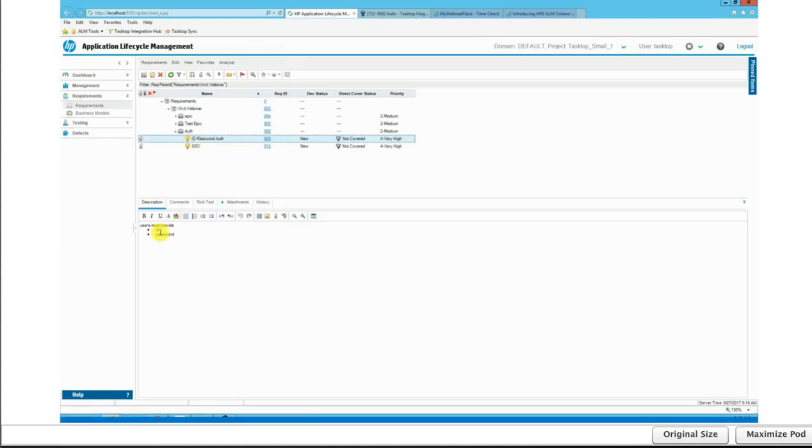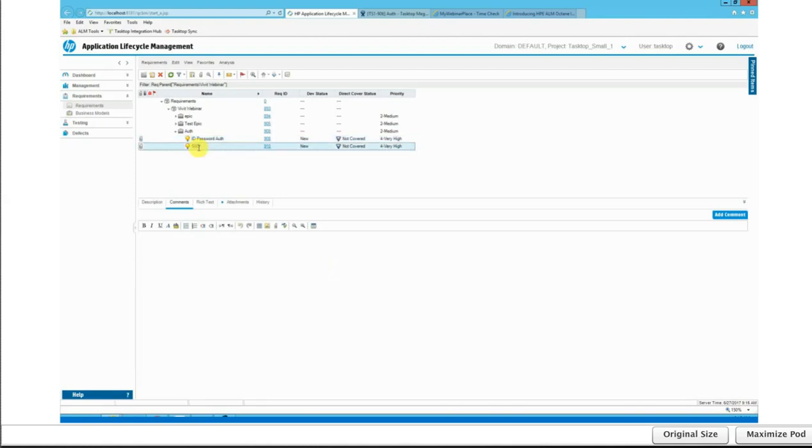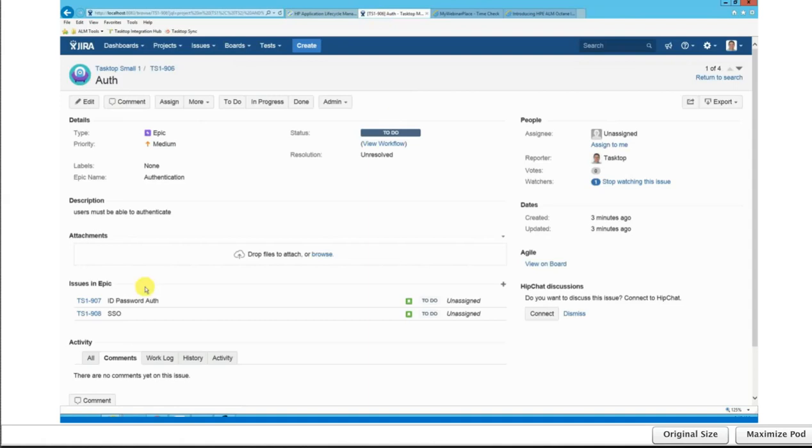The other thing we've done is we've brought across a lot of the different details as we've defined in our integration mapping or integration definition. So we've set these to very high. We've got our rich text formatting that was maintained. But now we can start to interact back and forth between the two different systems. And we'll ask a question, see if they could maybe provide some design here. And then if we come back into Jira